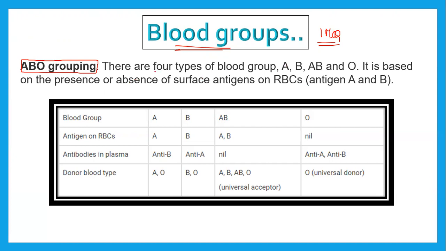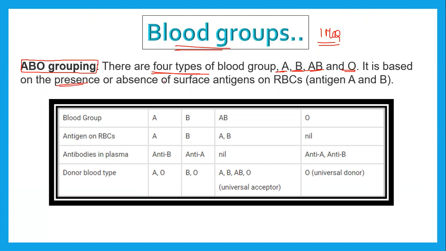Okay, so ABO blood grouping contains 4 types of blood group. Here I am telling only those things which are needed as per this chapter of circulatory system, but you will study about the genotype, phenotype, and how the different types of blood groups are coming for different organisms in the chapter of principles of inheritance and variation, which will be starting very soon. So in the ABO blood grouping, there are 4 different types of blood groups: A, B, AB and O. So we all know that A blood group is there, B blood group is there, AB is there, O blood group is there, right? So it is based on the presence or absence